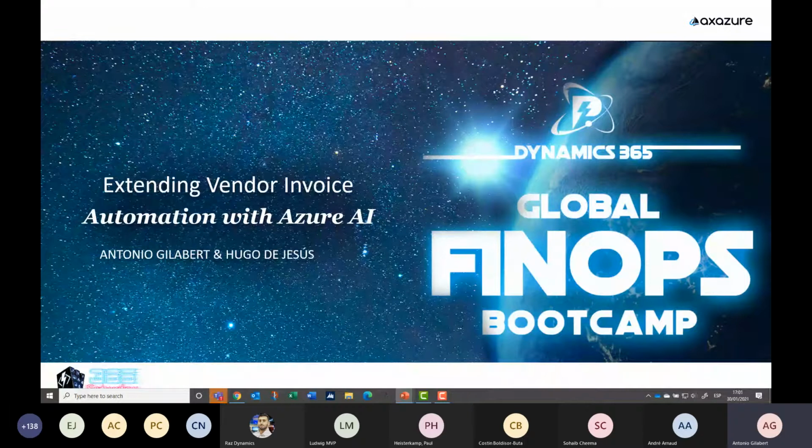It's true that this functionality is not too complex, but in this session, what we have done is to complement it with Power Automate. The idea is to enhance all this functionality so you can see a real business scenario.